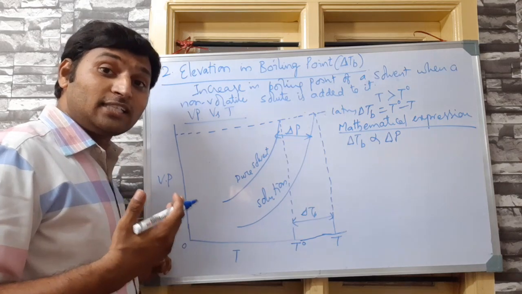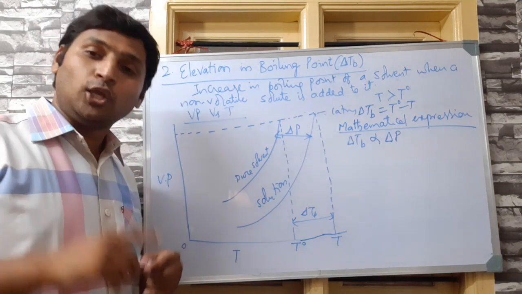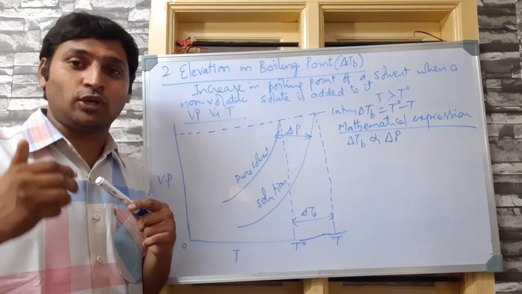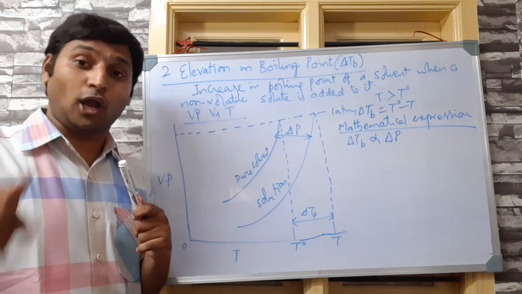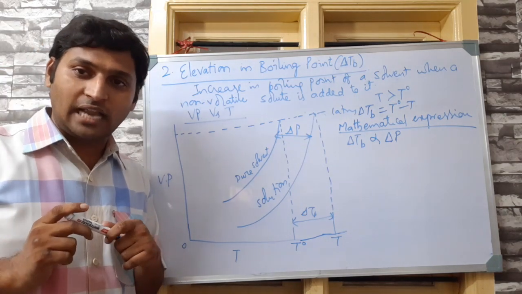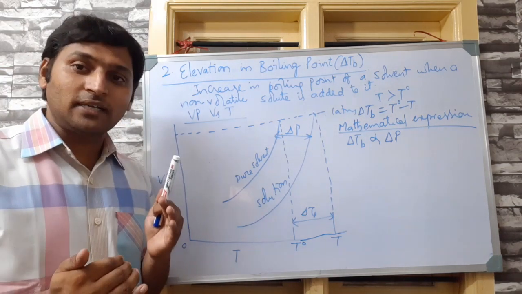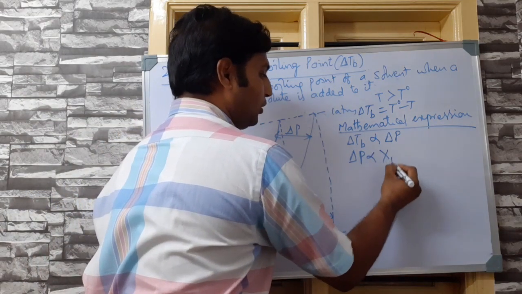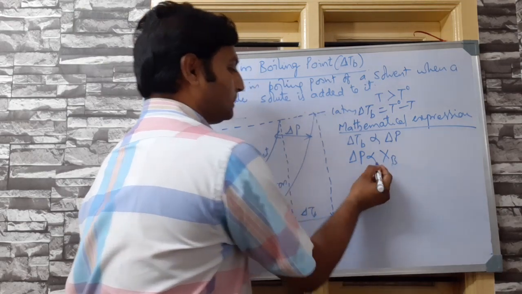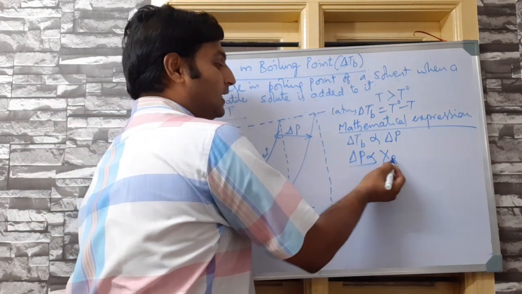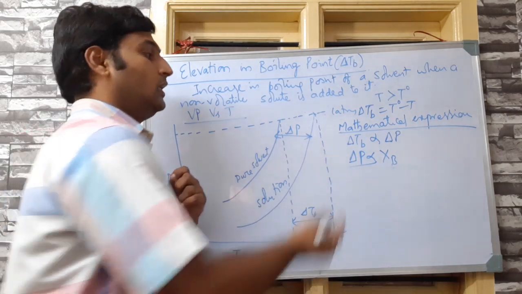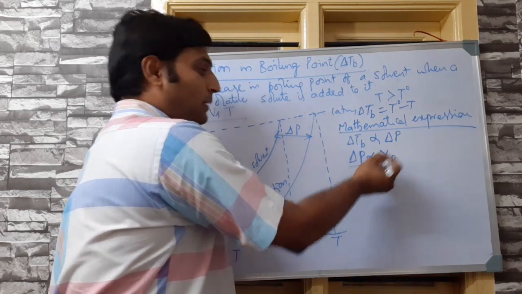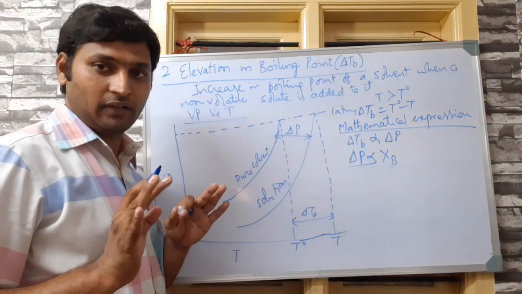And what does lowering of vapor pressure depend on? You know very well, vapor pressure of solution containing non-volatile solute is directly proportional to mole fraction of solvent. That's what we studied in Raoult's law. Whereas lowering depends on mole fraction of solute. So more the mole fraction of solute, more will be the lowering in vapor pressure. So delta P in turn depends on mole fraction of solute. Directly proportional I wrote, not equal to. If I write delta P divided by P0, then it will be equal to XB. That you know very well.